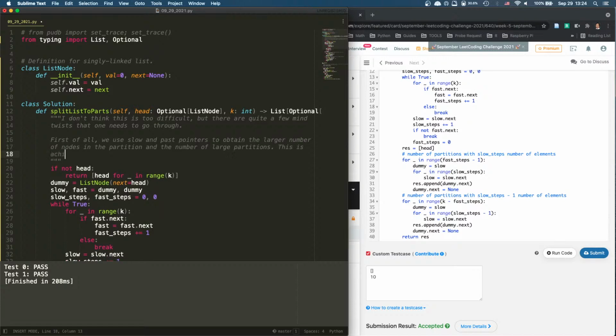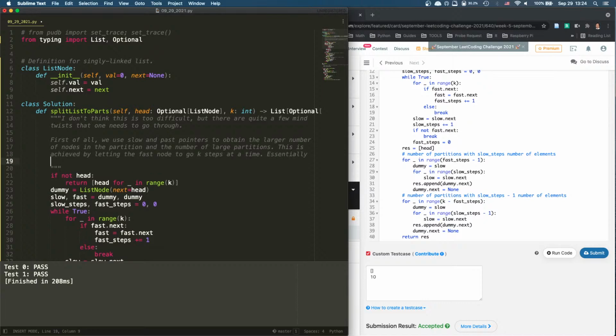This is achieved by letting the fast node go k steps at a time. Essentially, when the fast node reaches the end, we